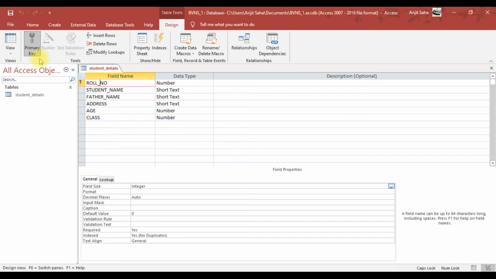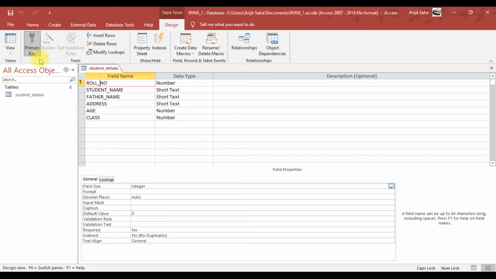Usually a table can have one primary key, and we fix a particular column as the primary key which does not have duplicate values, such as there cannot be two students with the same roll number in a class.